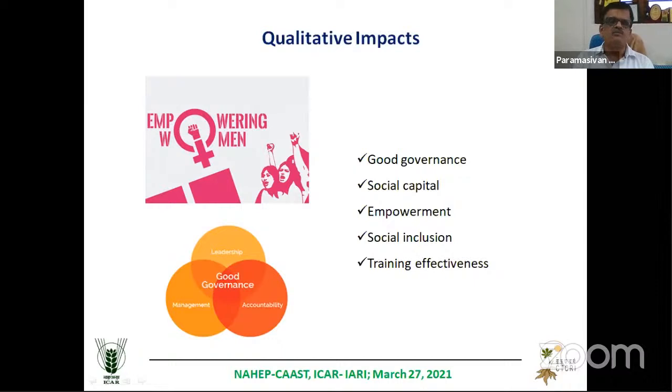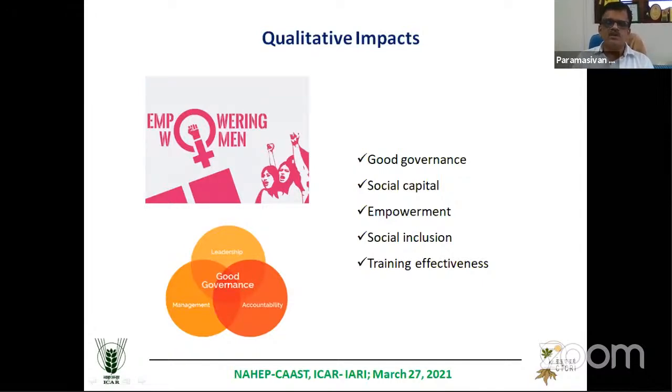You have to create a kind of social capital, in the sense that you have to give something to the society, and the society should get something in an assertive way, a positive impact on the society. And empowerment is a widely used impact indicator in many programs, and there are several indicators: social empowerment, economic empowerment, and decision-making ability, especially when we talk about women, tribal people and SCSP. And again, we are also coming to social inclusion. This is also another indicator where sociological studies focus more on social capital and social inclusion.